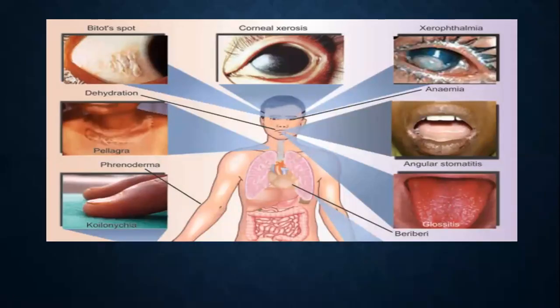So these are the things we look for. If you have to look for any specific micronutrient deficiency, again, look from head to foot. In that, if you are able to pick up Bitot's spots like this, or a dry conjunctiva, or a scarred conjunctiva, it could be a vitamin A deficiency. In skin, if you are finding some dermatitis like a Casal's necklace, it is due to vitamin B3 or a biotin deficiency. And angular dermatitis is a feature of B2 riboflavin deficiency. Magenta colored tongue is a feature of glossitis. Iron tongue is a feature of iron deficiency. Koilonychia is a feature of iron deficiency.